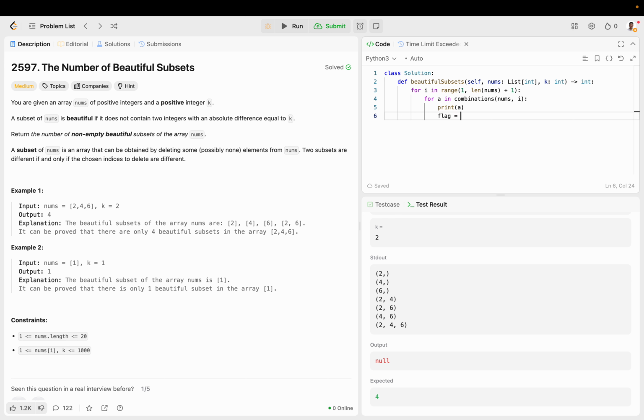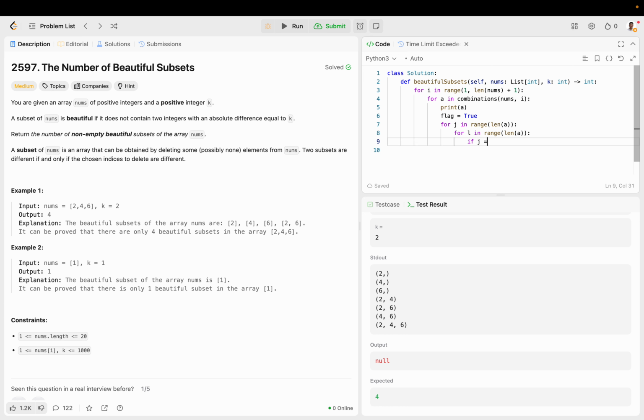And let's call this flag. We want to iterate over every single item in a. So for j in range length of a, for l in range j plus 1 to length of a, or perhaps just this, and then we can say if j is not equal to l,